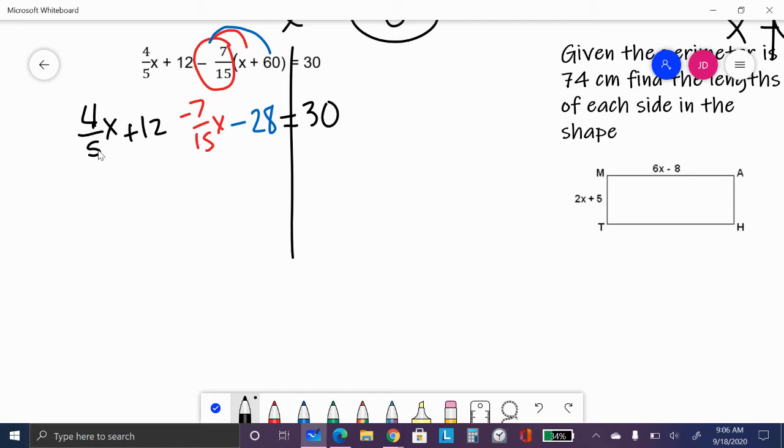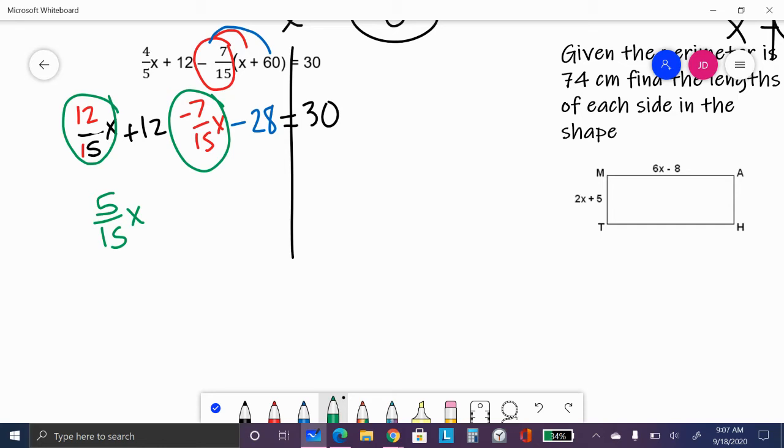So you have to multiply the top and the bottom by 3, and you would get 12/15. So now I can combine these. 12/15 x minus 7/15 x is 5/15 x,